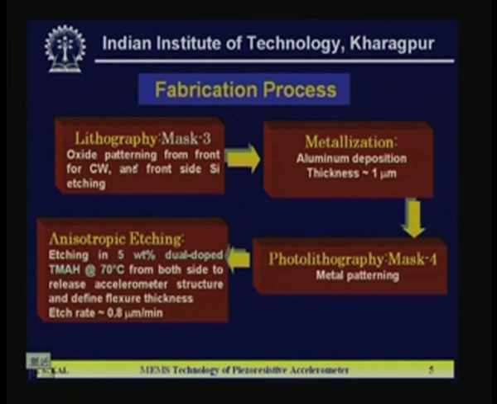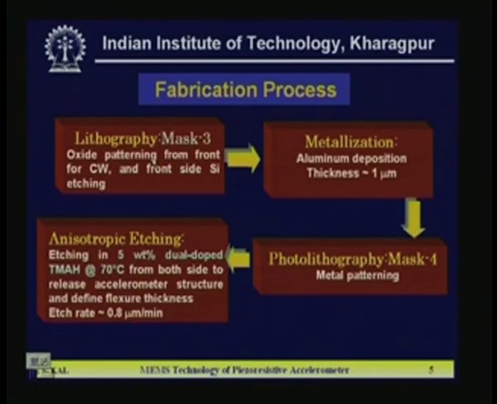So after that, again we go for lithography with mask number 3. Mask number 3 is oxide patterning from the front, the contact window (CW), and front side silicon etching. Okay. So backside lithography we did, but after that in mask number 2 in the previous slide, we didn't go for the complete etching. Then, because it is a double side polished wafer, we go for mask number 3 and lithography there, and after lithography the front side silicon is etched a little bit, the oxide is removed in the lithography, then the silicon is etched, that means you define where the through holes are to be made, and